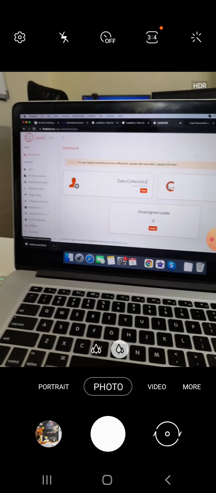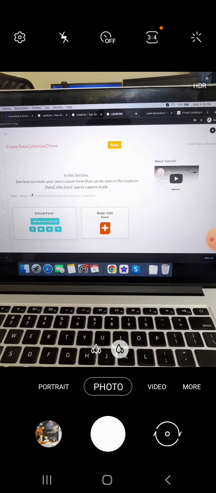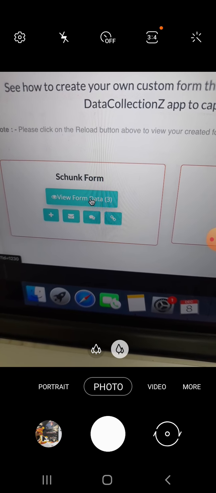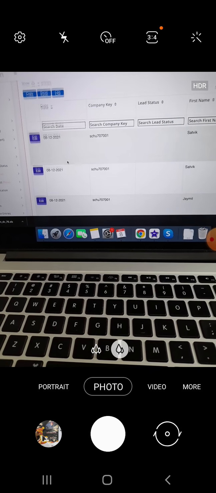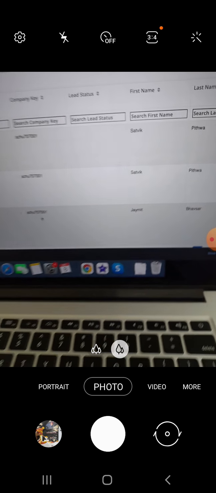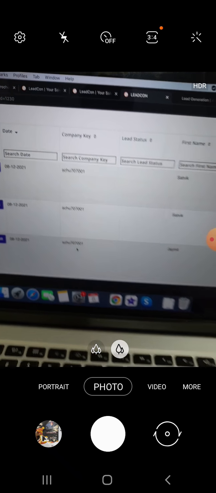Okay, so we are on this page under the section of data capture. Now you can see that there are 3 leads that we captured right now. All the 3 leads can be seen here. Can you see? Jaymit, Satwik and Satwik. And this lead has been captured by this company key.